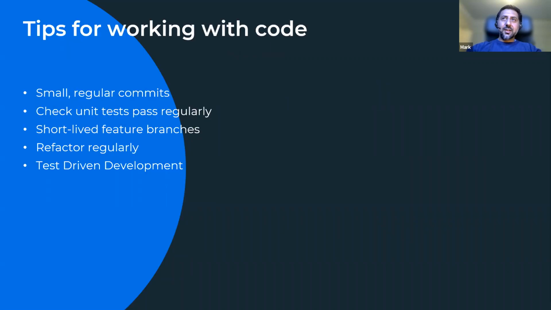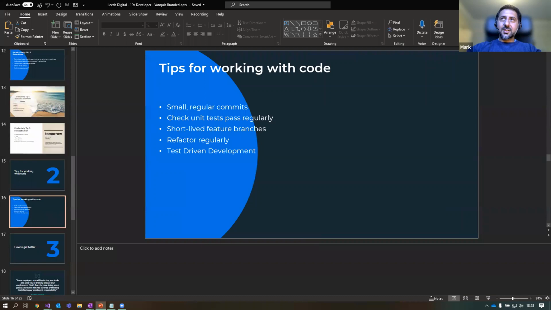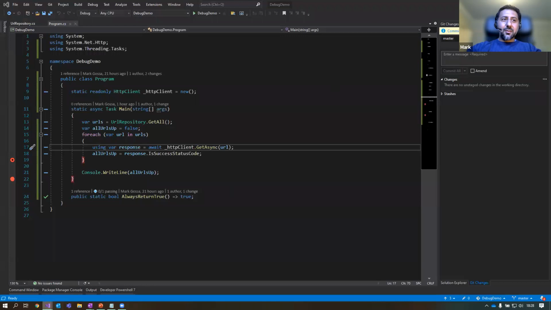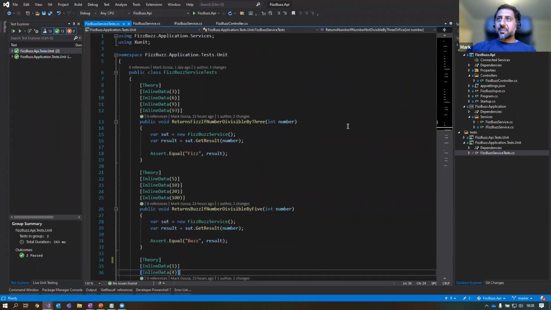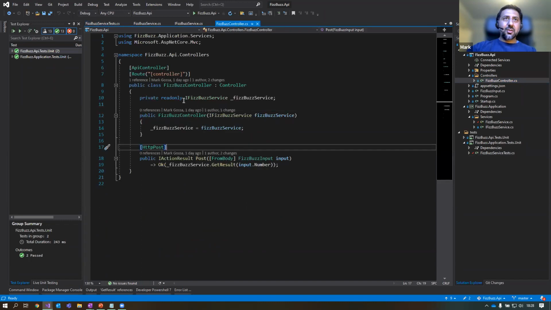Okay, so let's go and have a look at some code. Okay, so I've got two repositories. So let's look at the first one here. So this is a small Fizzbuzz API. So if I quickly show you the controller. So the controller is essentially accepting a Fizzbuzz input, and all that has is a number on it. And then it calls into this Fizzbuzz service, which is injected through the constructor. So if I head into that,